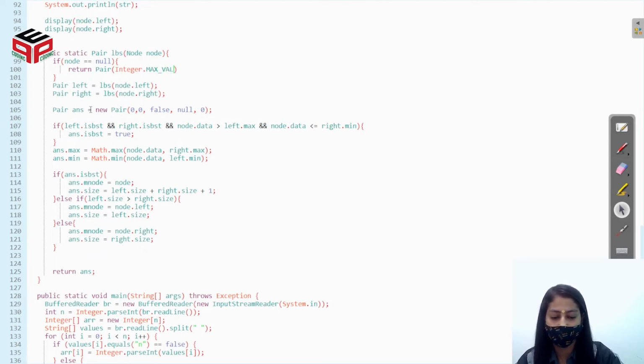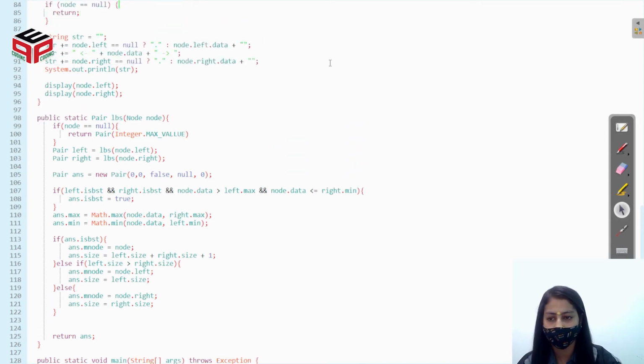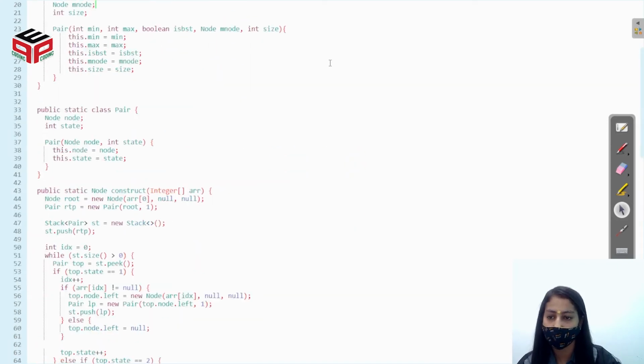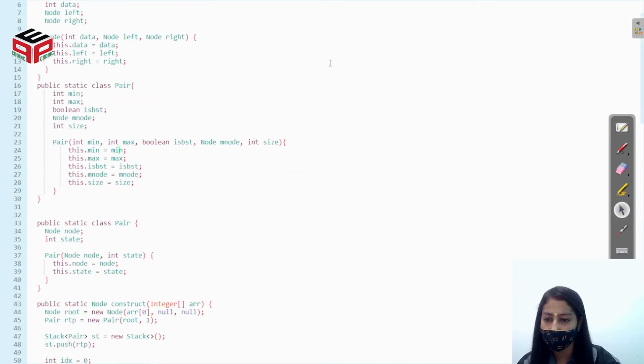Let me check if it's firstly minimum or maximum. So in the class, we first have minimum, right? We have the same pair class here, so let's name this as pair1, right?